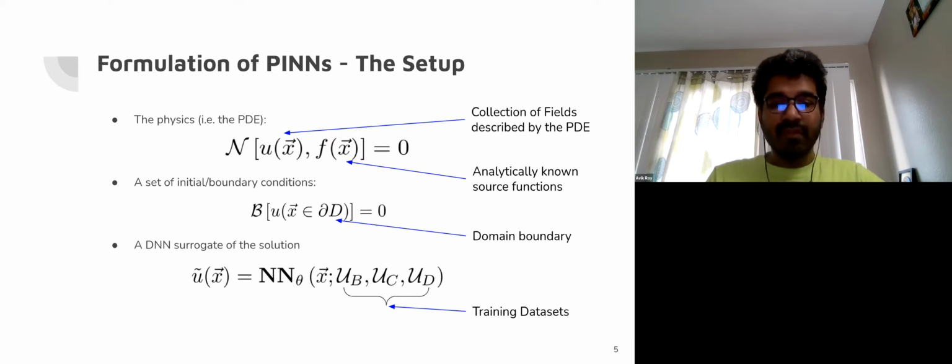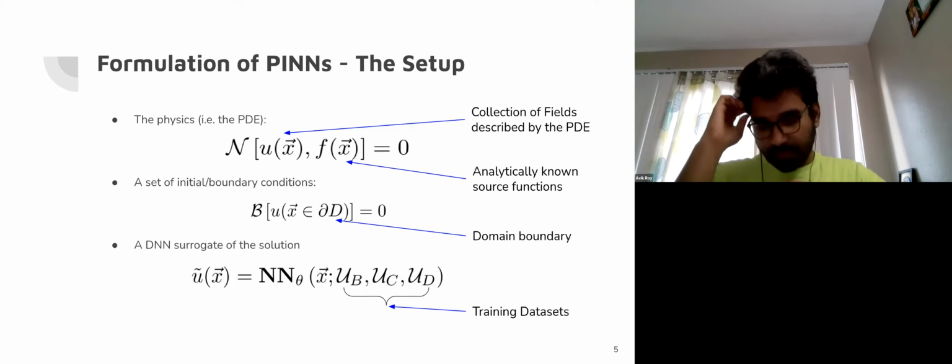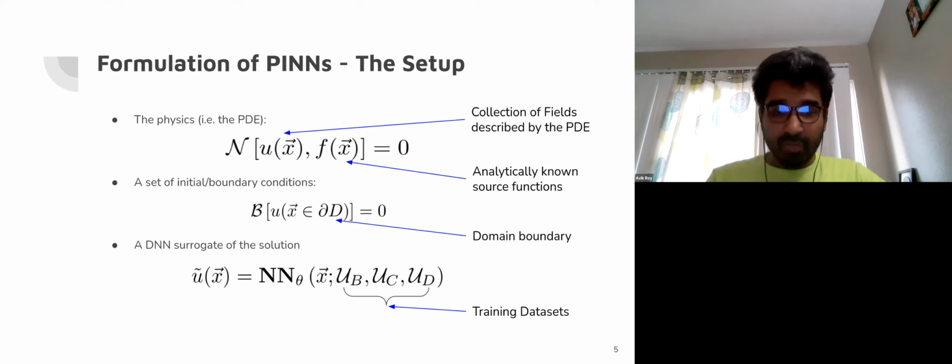And then we also have a set of initial or boundary conditions. Just for the sake of nomenclature, I might use them interchangeably, because the initial condition is typically taken on the boundary of time at time t goes to 0. You can also think of it as an initial condition. So this del D here represents the domain boundary, where we will be taking some sample of points, and we have to know what the value of the fields are,